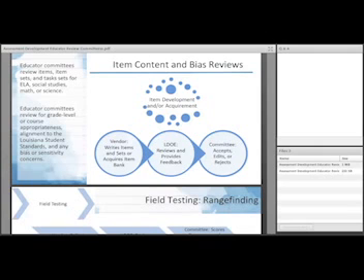They've already undergone that entire process through field testing and made it into an operational bank. What we're reviewing for is to make sure they are aligned to Louisiana Student Standards, because our standards are slightly different from most of the national standards, most of the standards used in other states.